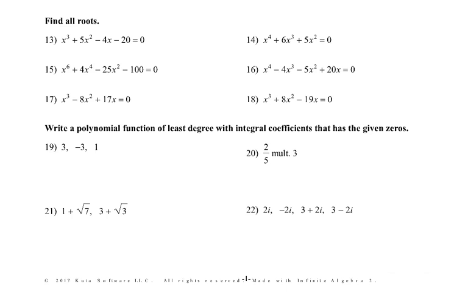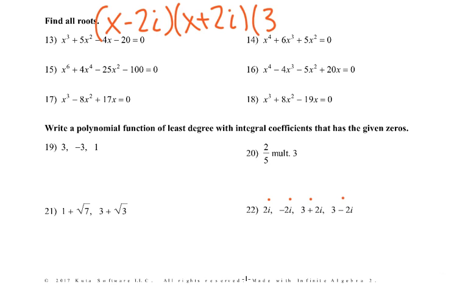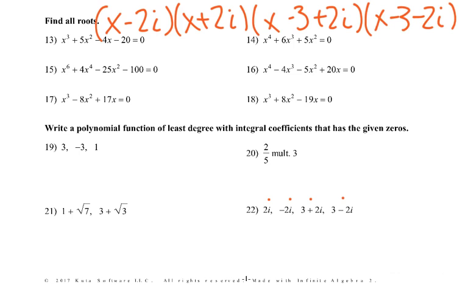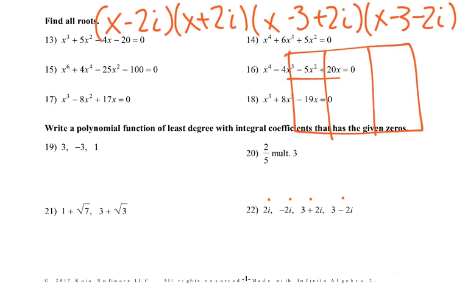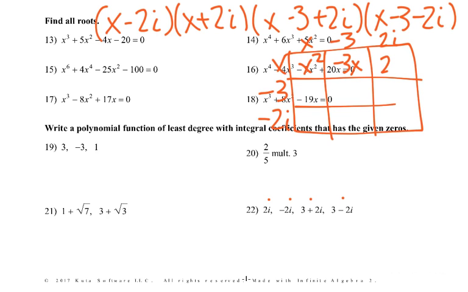Alright, now 22, we have the imaginary. And again, we have to have the positive and negative version, which it looks like they already have. So I've got x minus 2i, x plus 2i, and, oh, hold on, we need our x minus 3 plus 2i, and x minus 3 minus 2i. Okay, so again, these i's kind of work like the radicals, and you'll see that they actually undo each other. So I get x squared, negative 3x, 2xi, negative 3x, positive 9, negative 6i, negative 2xi, positive 6i, and then